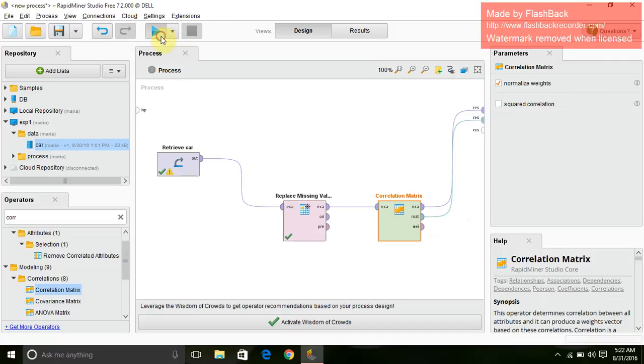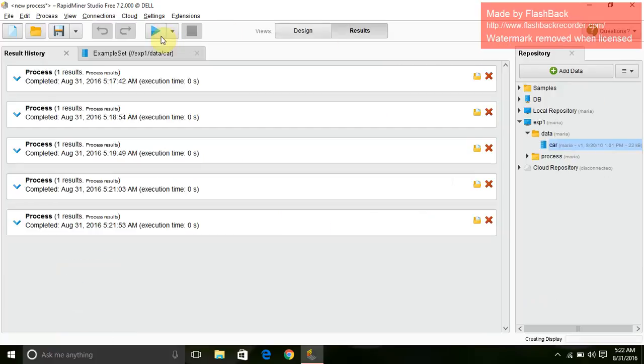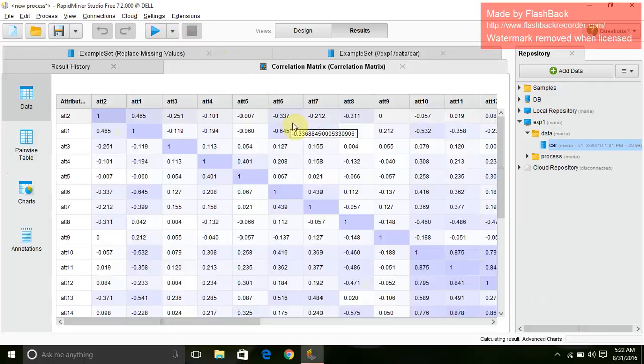So if I run this, you can see there is a relationship between the attributes, that is, in rows and in columns these attributes are being mentioned, and we can see the diagonal elements are given as 1, that is, attribute 2 and attribute 2 are